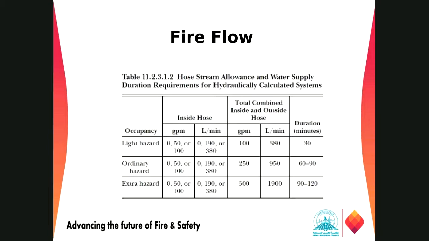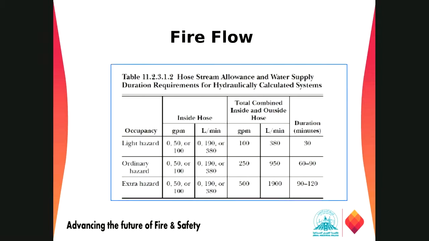If we are calculating the fire flow, here we have the water requirement for the sprinkler system, right? We discussed it based on the occupancy classifications: light hazard, ordinary hazard, or extra hazard. However, we don't have to add this fire flow requirement to the sprinkler system. These two are totally separate, right? The fire flow is only for the manual firefighting operation, and this one is for the fixed fire protection system. So we are not going to combine them. I have included this one just because of the duration required for various conditions.